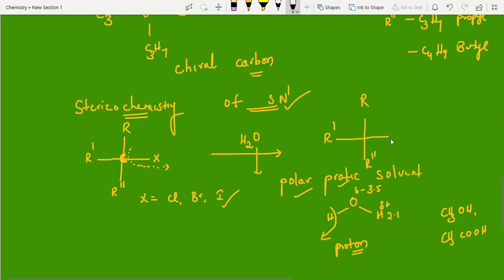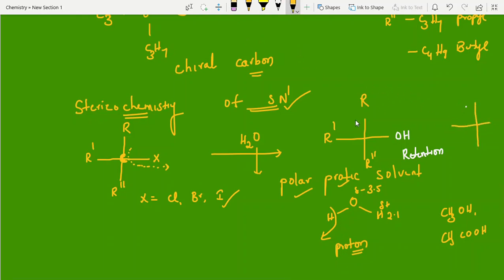I explained this in the previous video. Here finally the OH group will go and attack on the same side. Where the halogen is removed, the OH group attacking at the same place, we call it a retention product. Retention: R configuration, S configuration, enantiomers. Now the next one. What about this guy? See.